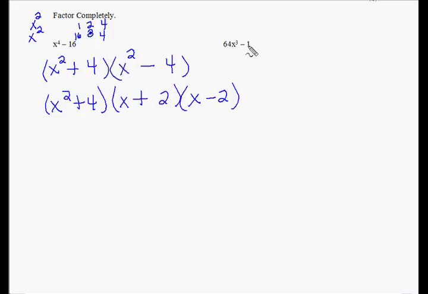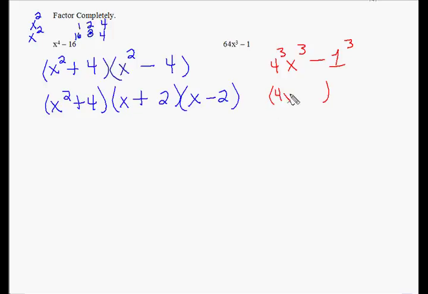64x cubed minus 1 should be rewritten. This appears to be a cube, the difference of cubes. So 64 happens to be 4 cubed, x cubed minus, and the number 1 times the number 1 times the number 1 is still 1. So that's 1 cubed. When you want to factor the difference of cubes, you write what you see without the exponent 3,